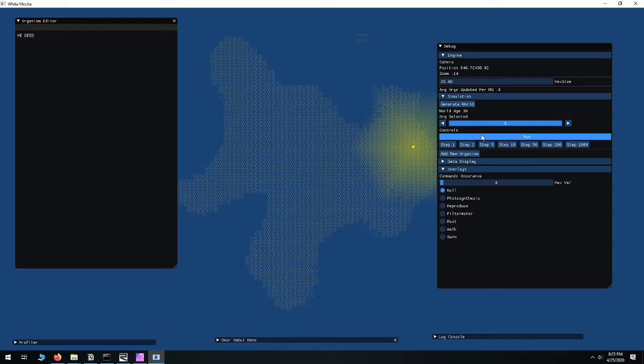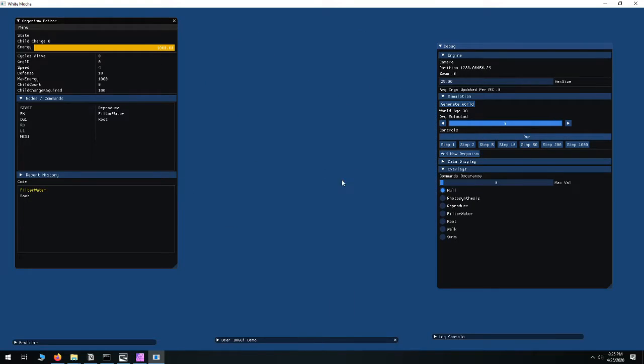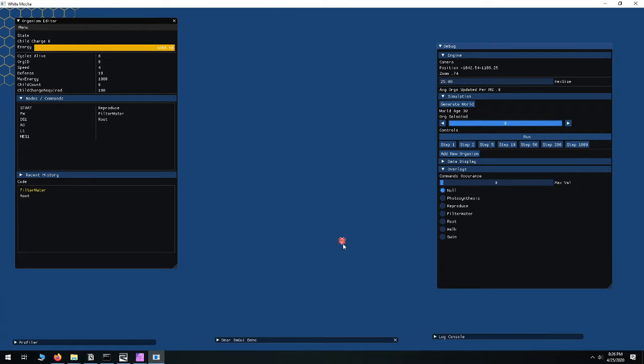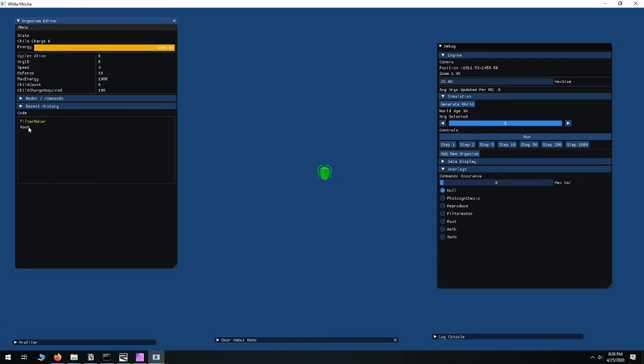Another thing is organisms are generated. Just like a completely new random one is added into the world every so often. So let's see here. This one is a little bit different. This guy will filter water, which is good because he's over water, so he will get some energy from the water. And then he will root, which is bad because he's over water, so he'll get no energy from doing this